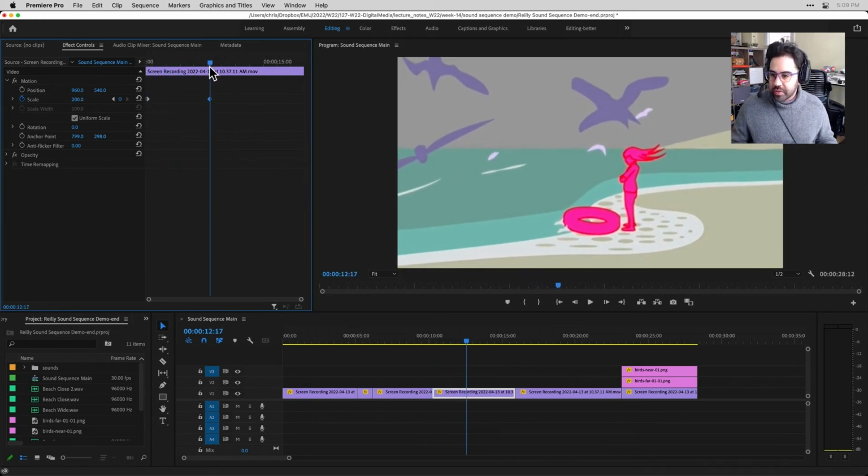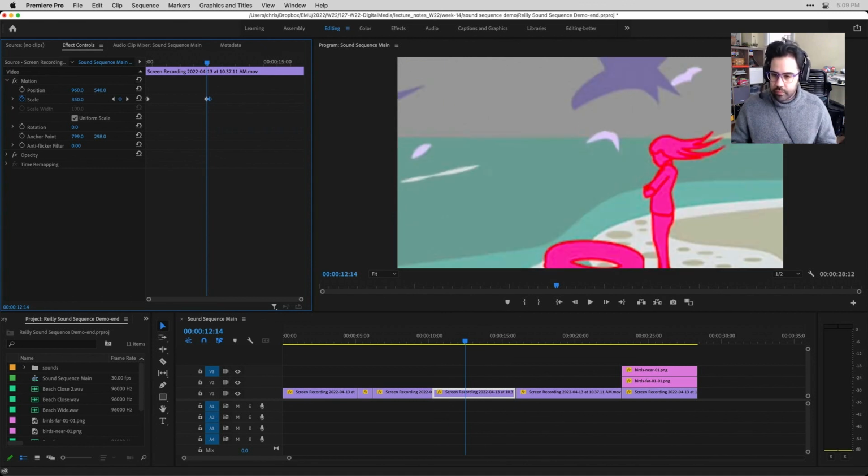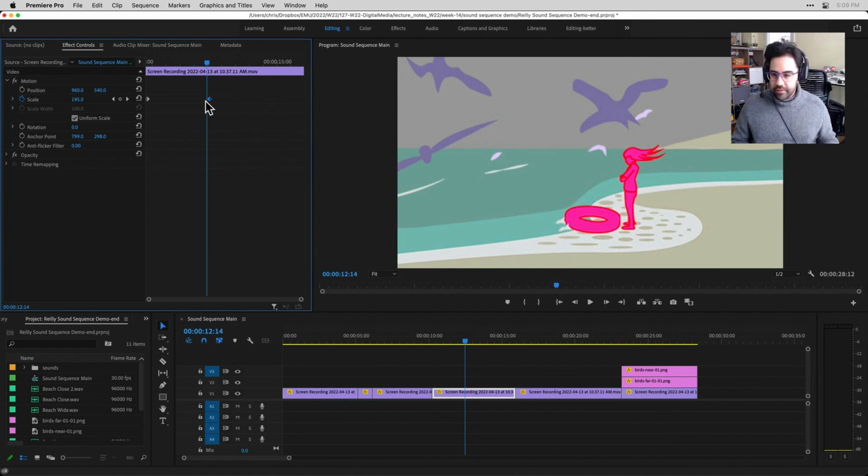scaling up to 200%. It's really important when you're trying to adjust keyframe values that you are perfectly aligned with the keyframe. If we back off just a frame or two and make changes to that value, we're actually going to be creating additional keyframes, and oftentimes that's not what we want to do. So I'll go ahead and click undo to get rid of that change.